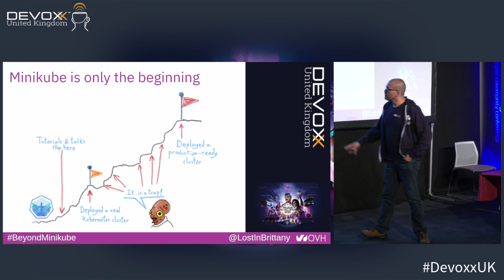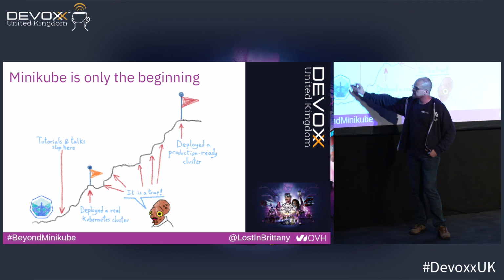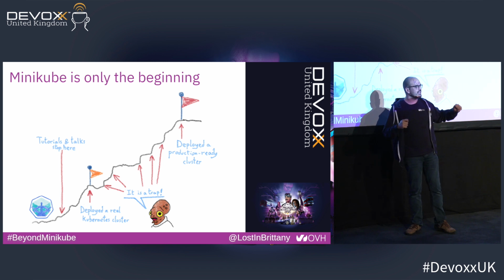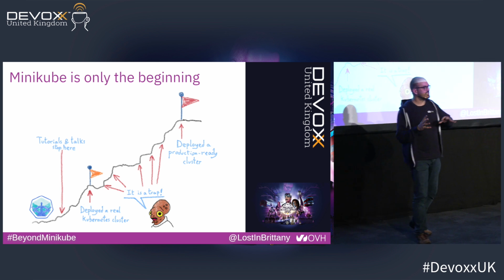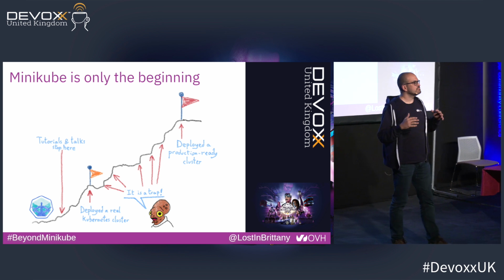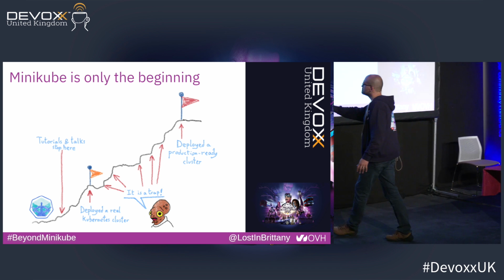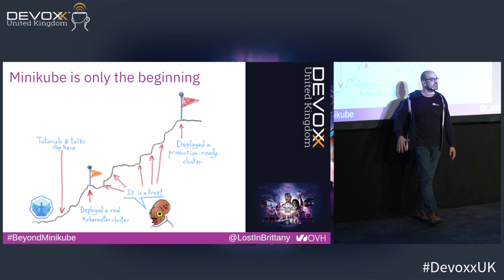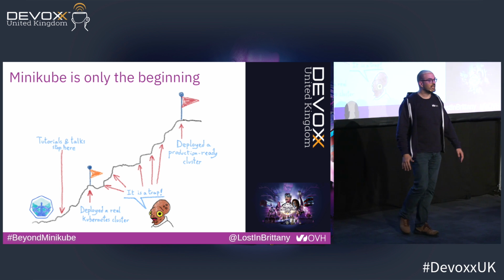Let's say that you have deployed your architecture on Minikube, and you have some problems to add. Hey, how about testing the auto-scaling? Hey, how about if we have some backup to do? Yeah, it's a little more difficult, but you can find lots and lots of information. And then,